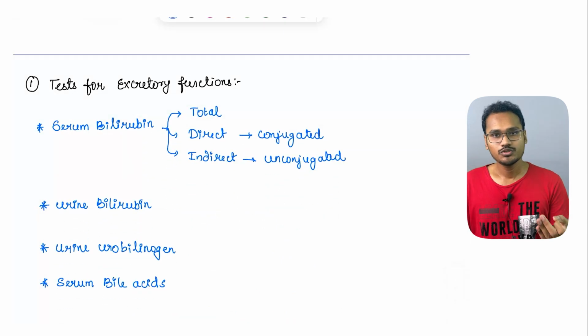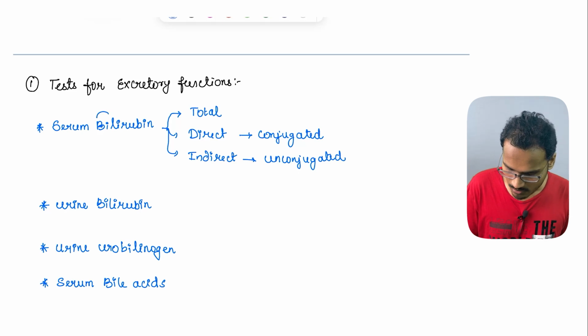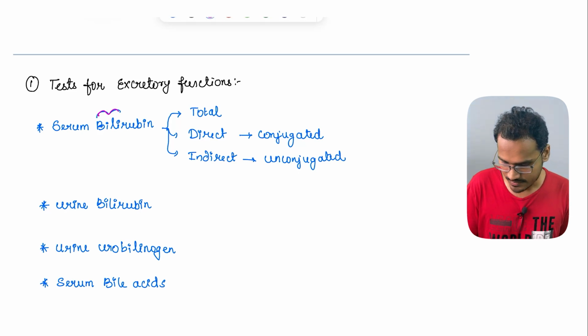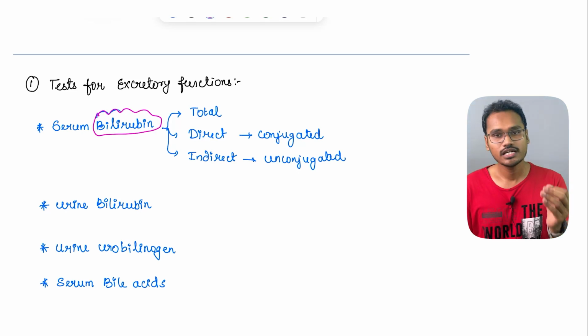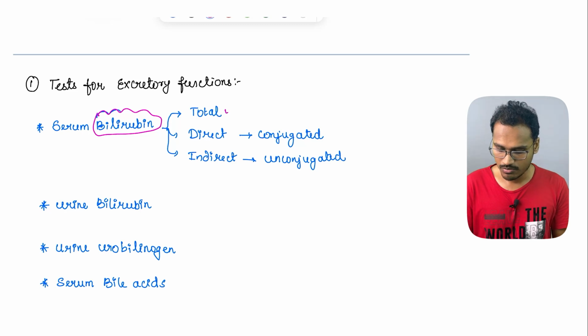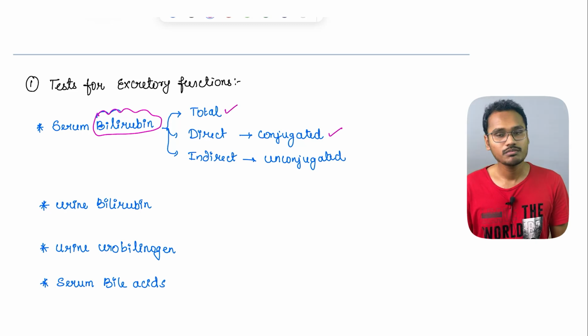The liver produces one important substance, which is bilirubin. So this serum bilirubin can be directly assessed. When you do the bilirubin test, it will come in three different ways. One is the total bilirubin level. Another is the conjugated bilirubin level, which is also called direct bilirubin, and the unconjugated level, which is called indirect